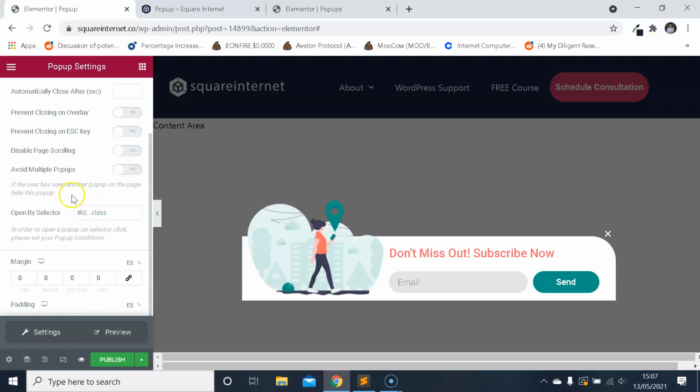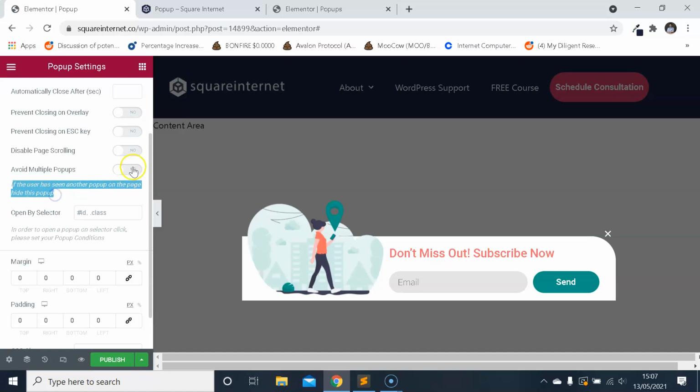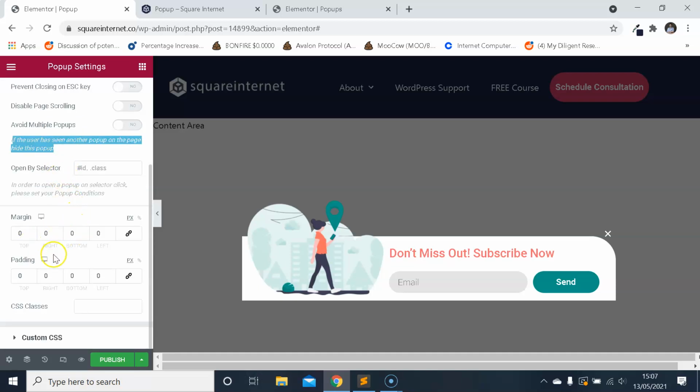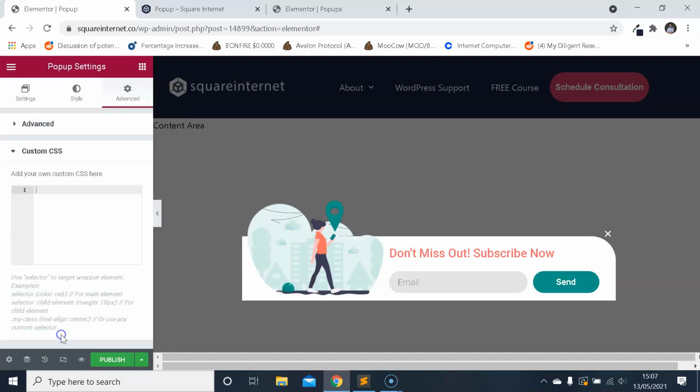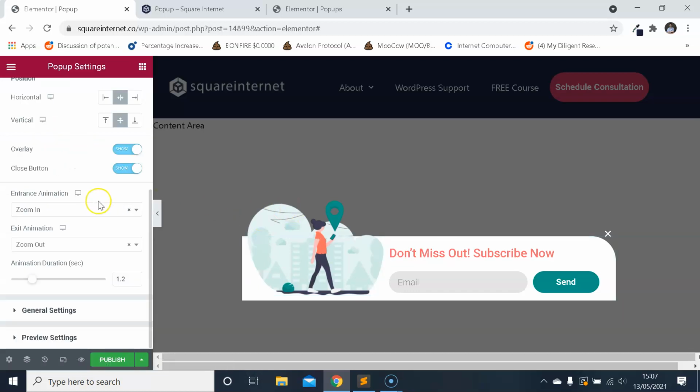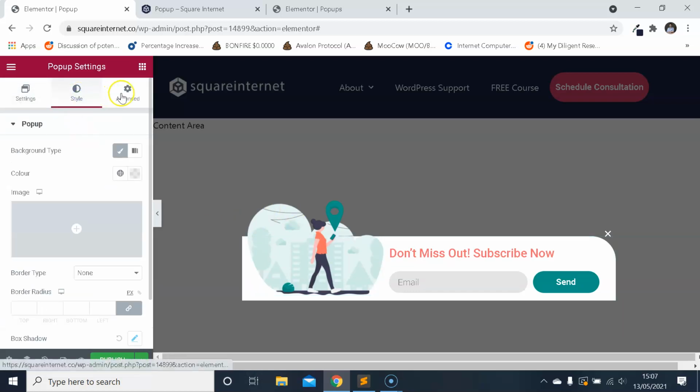Avoid multiple pop-ups. So if the user has seen another page on the pop-up, hide this pop-up. Probably really useful functionality if you're juggling lots of pop-ups or if you have lots of things going on, or pop-ups that apply in certain sections of the website but not others. And then finally, you've got stuff like your margin, padding, applying CSS classes, or applying any custom CSS. So that's a really quick overview of the pop-up settings